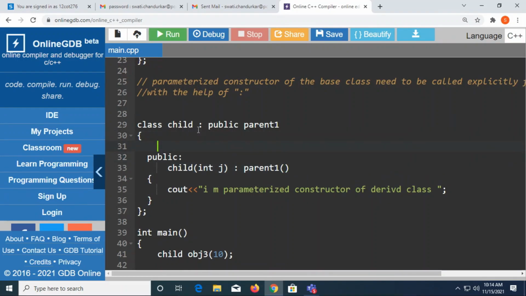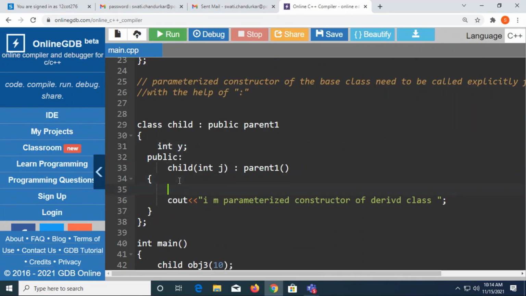I will add one variable here, y, and this constructor will just initialize y with j. What I want now is that the control should get passed on to the parent class, and the parent class parameterized constructor should get called.